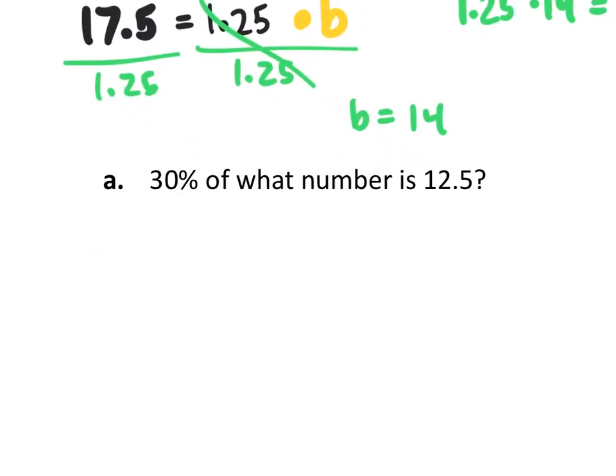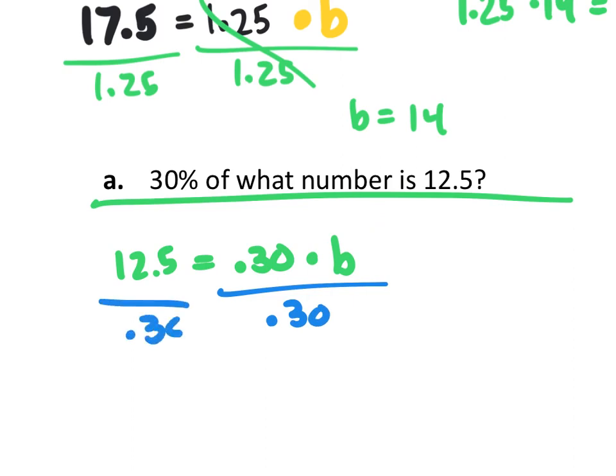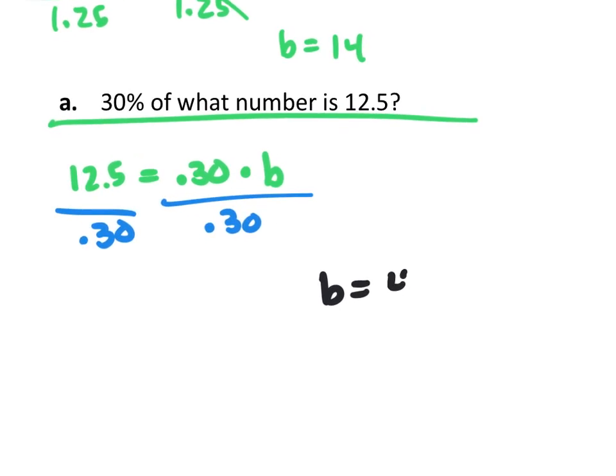So take a look at this one. 30% of what number is 12.5? 30% of what number, so of b, is 12.5? And we'll use division to help us find that. To get that our b value here is